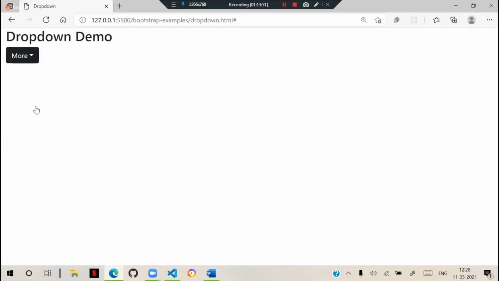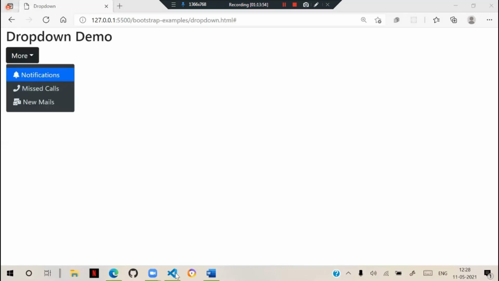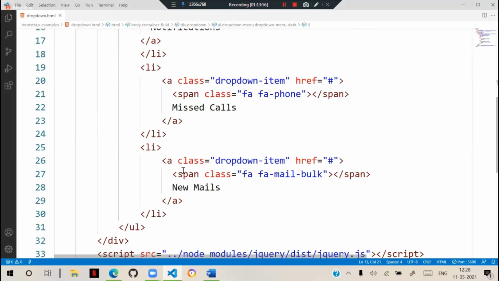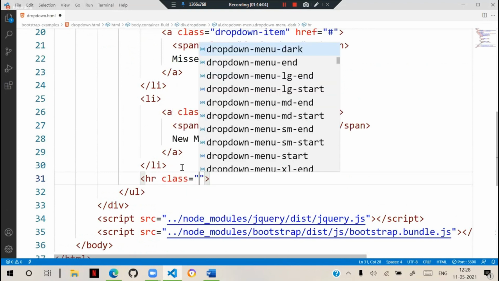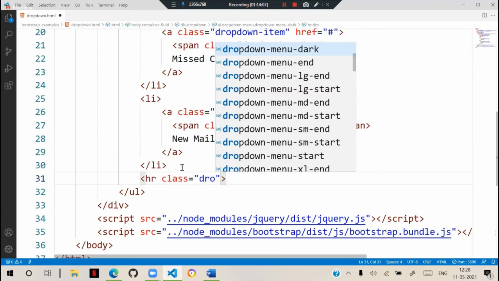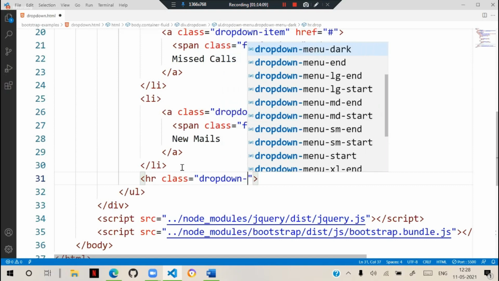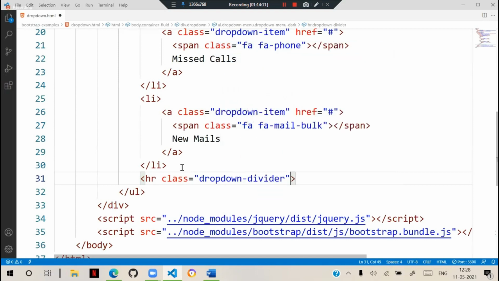You can put a divider here. Suppose here you see we have another HR. We can add an HR, a horizontal line. And here we can put a class called drop down divider.